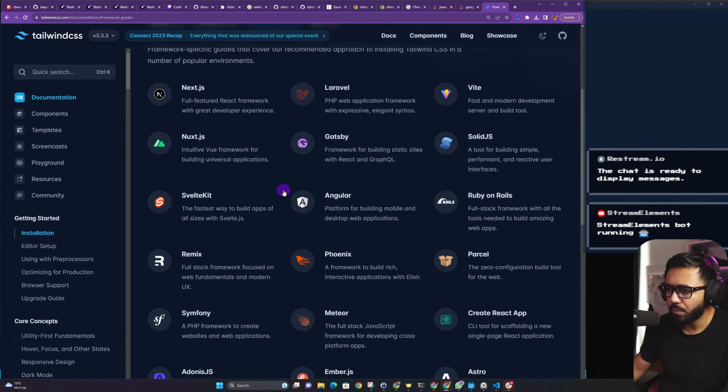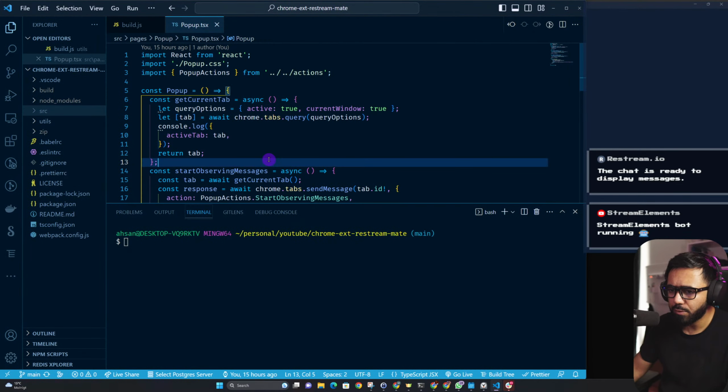So using framework guides, do we have PostCSS in here? Let's look at package.json, PostCSS. No, we don't. So then what we can do is, and we are using Webpack for this. So I think we would be able to see. So we are using style loader, CSS loader, Sass loader, and inside source pages, content, no, sorry, popup, we do have